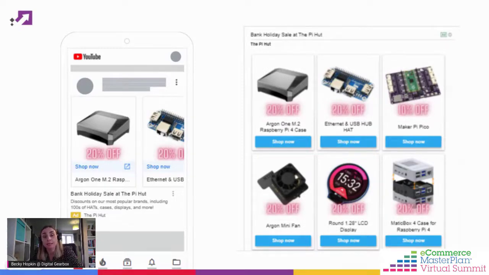You'll see that each card must have a square and a landscape image uploaded to fit into the different sizes available. And just like with Facebook, you can point to different URLs on each card. There's a minimum requirement to have at least 2 cards, otherwise there's nothing to scroll, and you can do up to a maximum of 10.